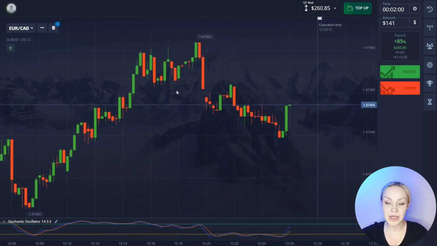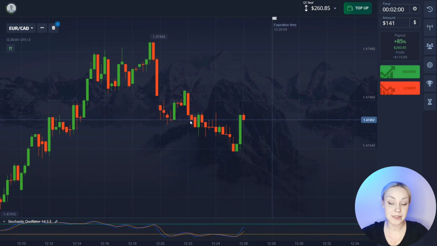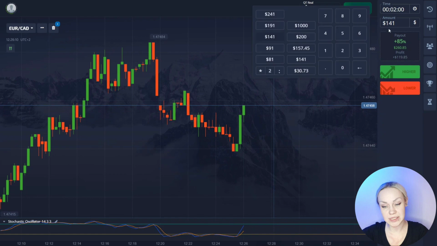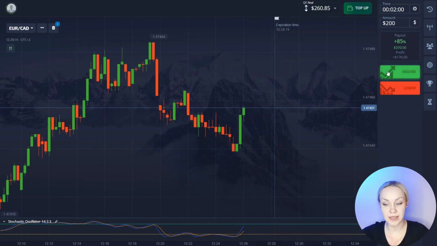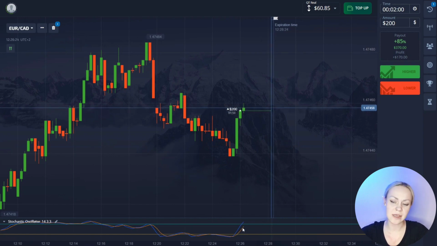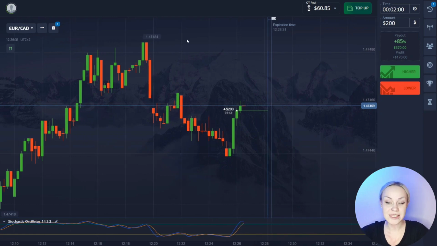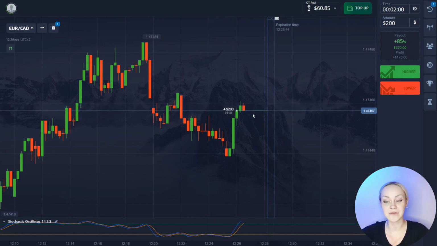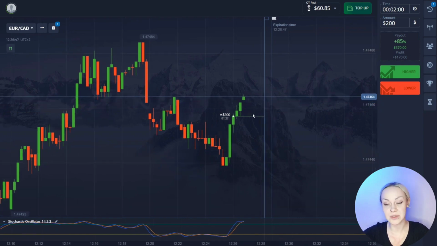Here we have a downward price pullback. We'll have a longer green candle. In such a case, I suggest opening a trade for 2 minutes, since we see that the indicator lines cross the level of 20 and are coming to 80. This is a signal to buy. At the same time, we see that there's still enough room for the price to rise to the highest point on the chart. All this indicates a good price potential for growth, so it's more likely that the price will continue to move up in an uptrend. We take 2 minutes to spare in case of a pullback down, so let's wait for the result